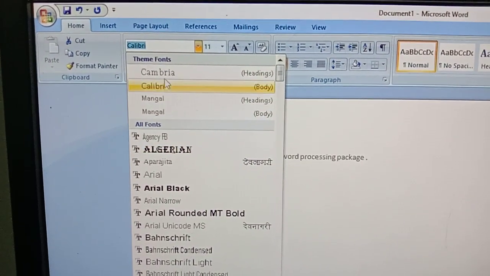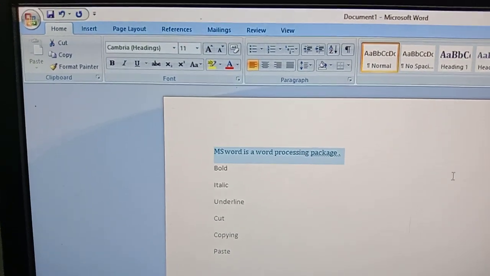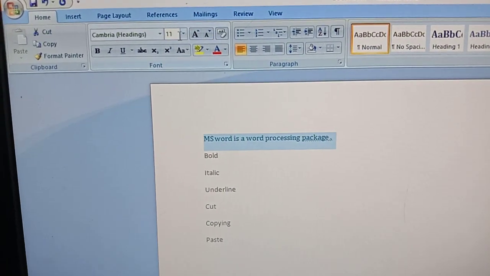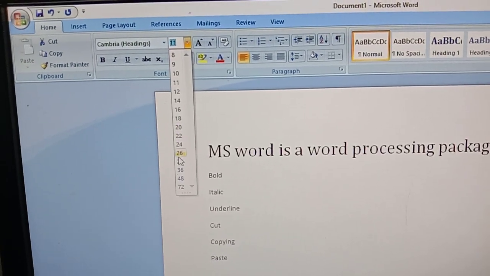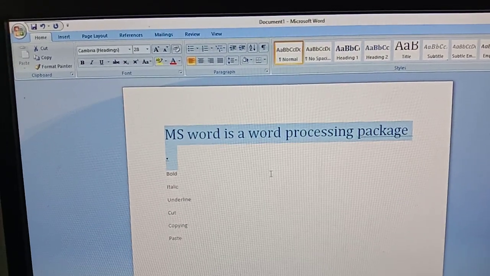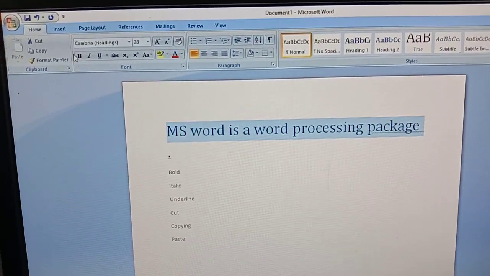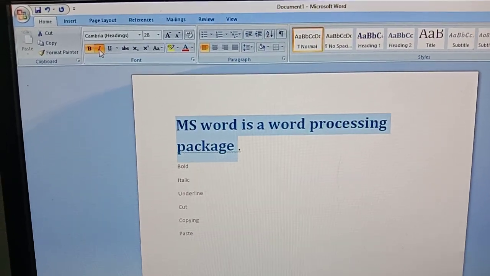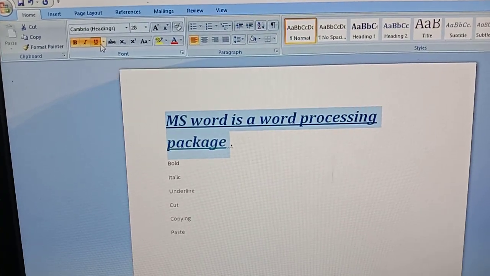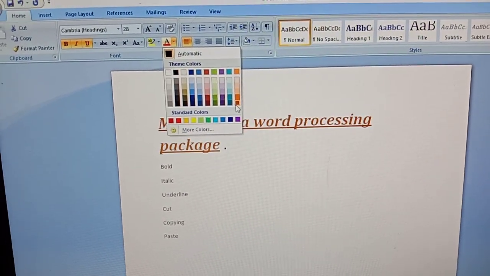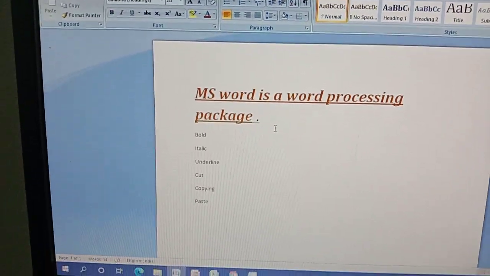I can give any style. I can change the font size also. I can make my text bold, italic and underline. And I can change the color of my text also.